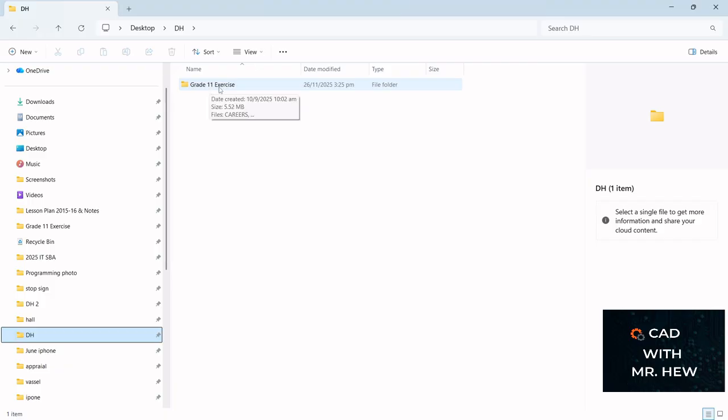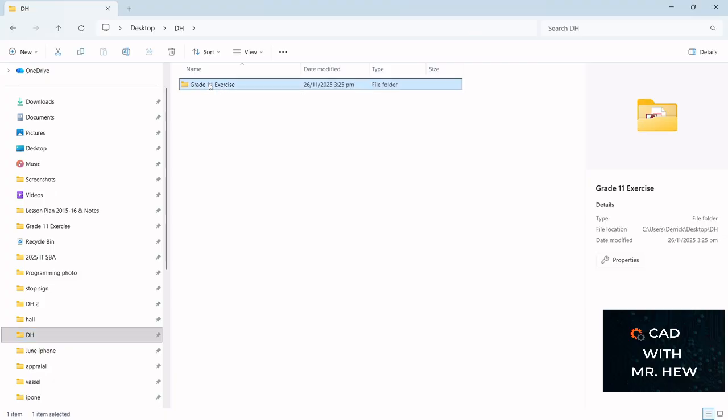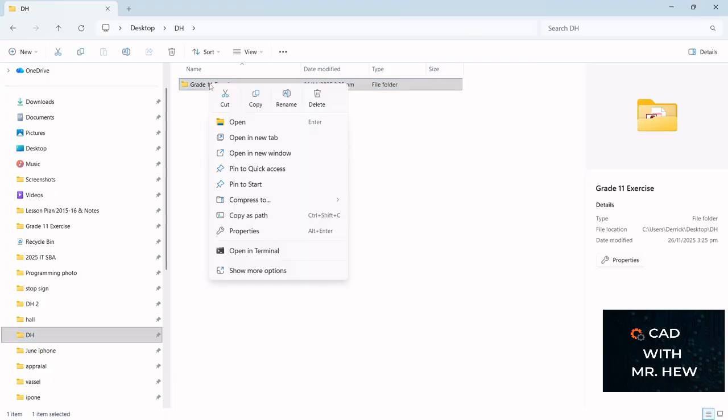And the size of the file is 5.52 megabytes, right? So what I'm going to do, I'm going to use my mouse to hover over the folder. The name is grade 11 exercise. I'm going to right click. I'm using my right